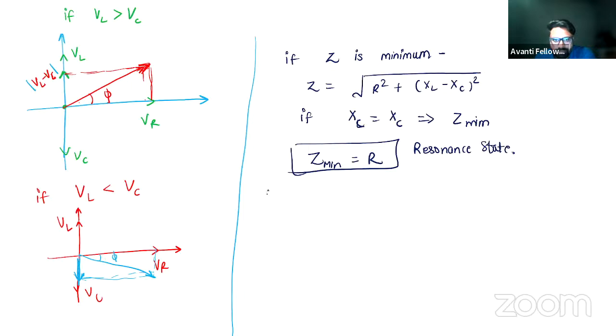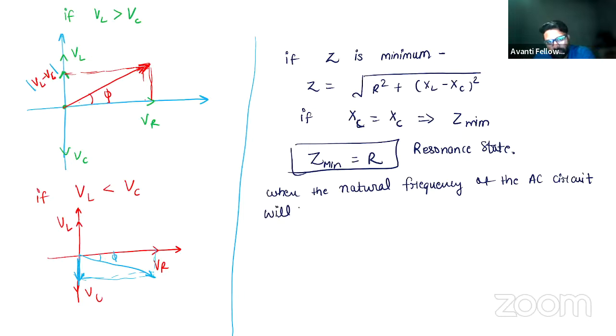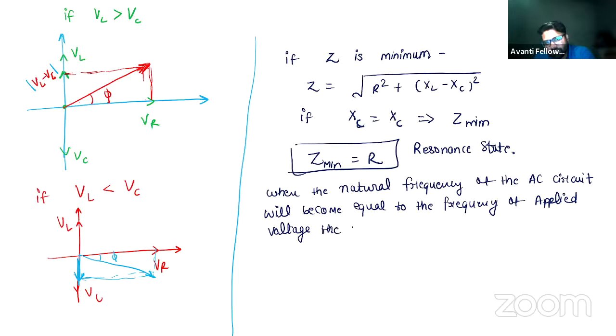resonance state क्या है, when the natural frequency of the AC circuit will become equal to the frequency of applied voltage, then the circuit is said to be in resonating state। अब इसका मतलब क्या हुआ,